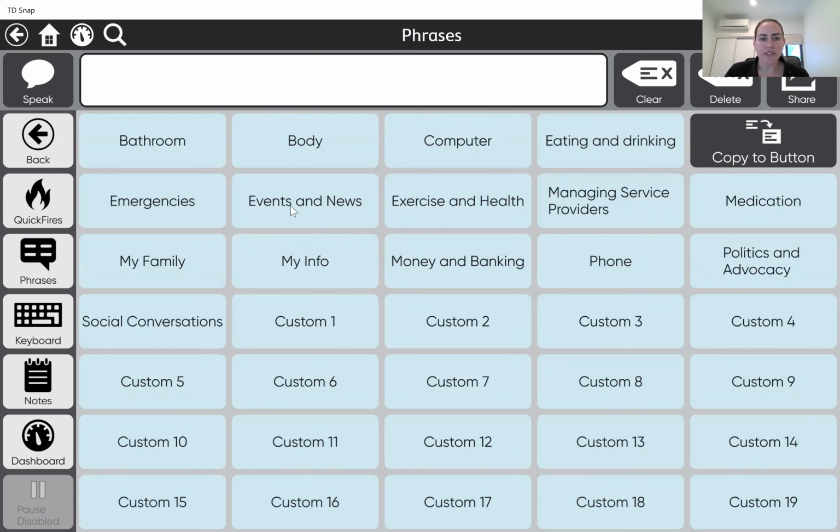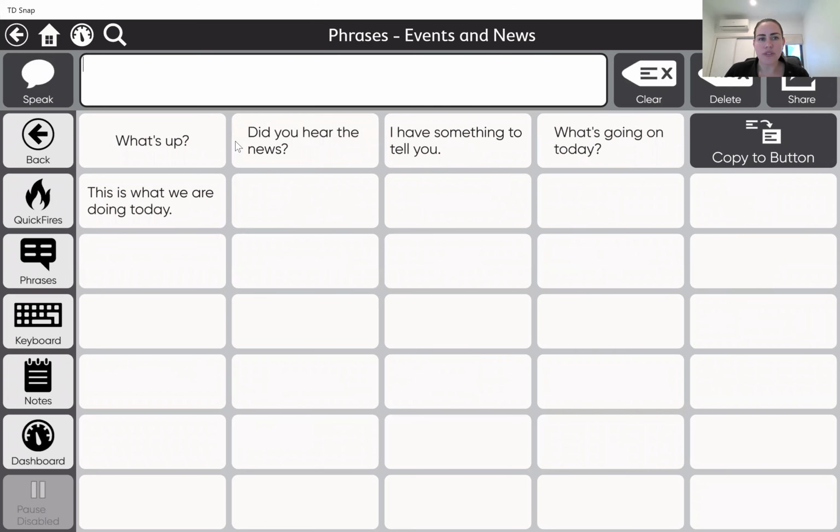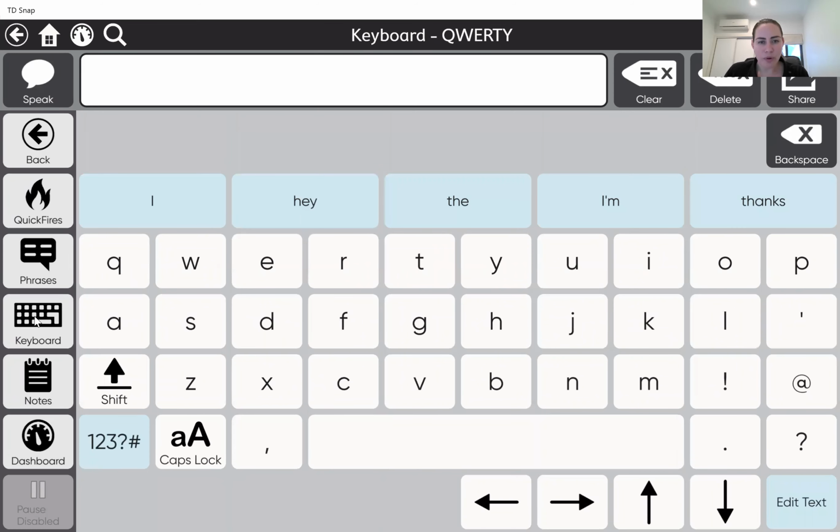When I go into a phrase like events and news, you'll see a handful of pre-programmed phrases relating to this topic. Did you hear the news? What's going on today? And then a lot of space for you to add in custom phrases for the person as well. Then we get to our keyboard, and this is where the person can create their own individual and